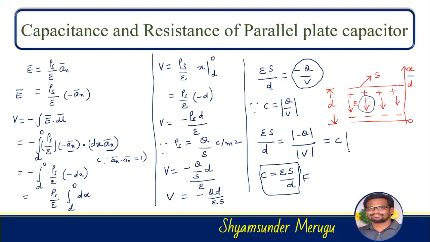Now we have to find out what could be the resistance of the parallel plate capacitor in this case. The product of the resistance and capacitance will be the ratio of epsilon to sigma. So here we need to find out R. Take the C towards the right side in the denominator, then we get epsilon by sigma C. So here epsilon by sigma, C is epsilon s by d. So epsilon gets cancelled and we are left with d by sigma s. Therefore R equal to d by sigma s. So this is the resistance of the parallel plate capacitor and the units will be in ohm.